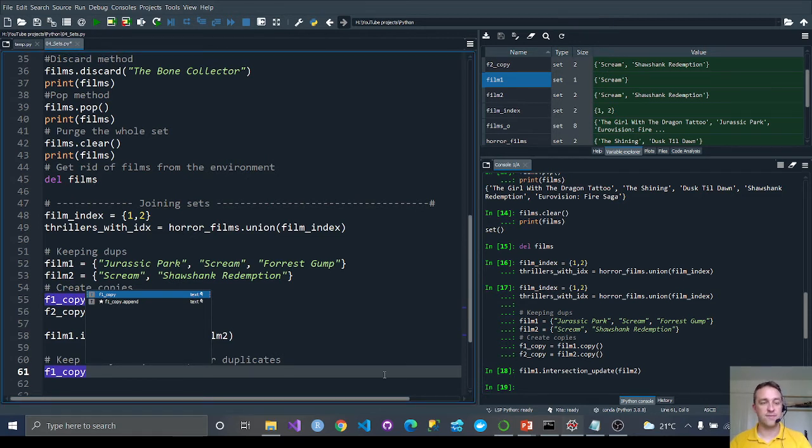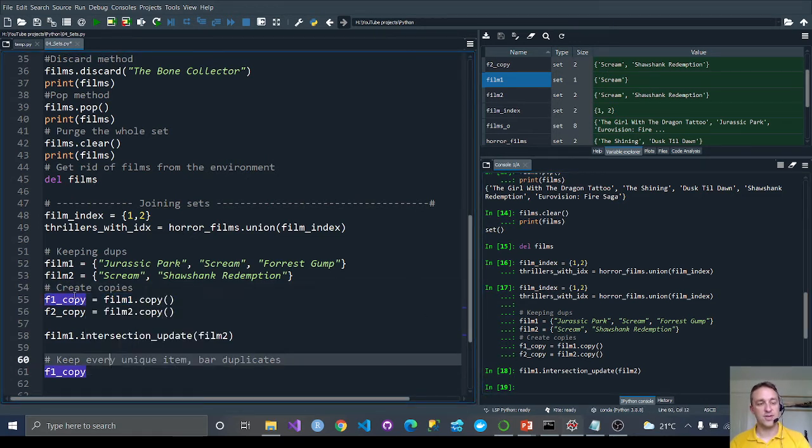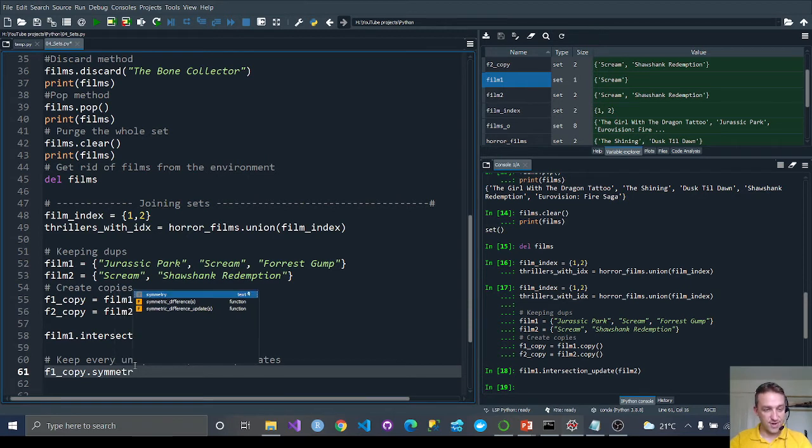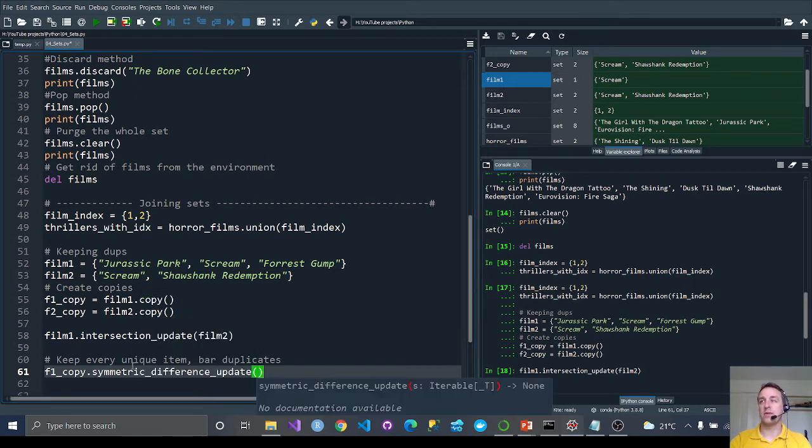That's the reason why I've created a copy, because then I needed the original to do this operation on. So film 1 copy then, and I'm going to use the symmetric difference. And again, you've got a symmetric difference which returns it just, and then the update function as well. So now I'm going to pass in F2 copy,